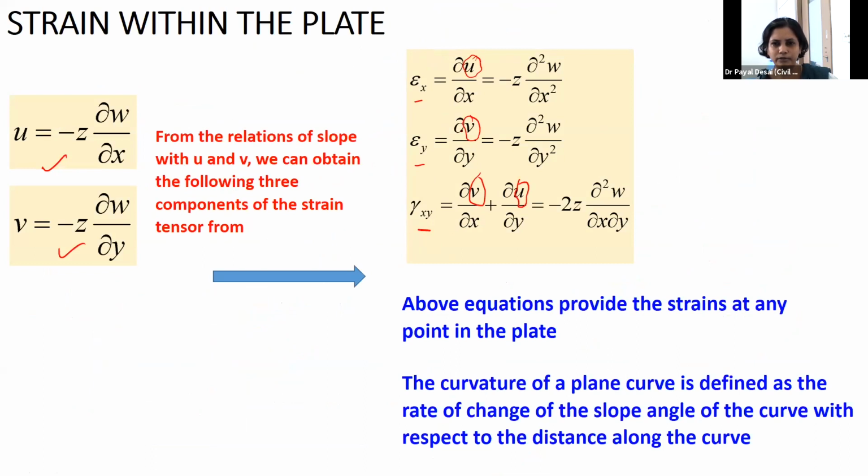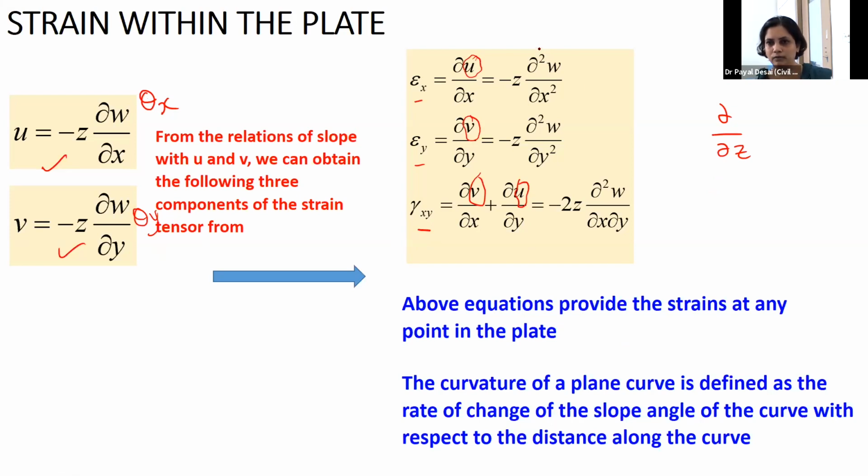You will be able to see that in the formulation there is no differentiation with respect to z, because we are analyzing the plate as a 2-dimensional surface. So the above equations provide the strain at any point in the plate. These three components are called strain. And it has the bending rotation, of course, theta; maybe I want to call this theta x, and this theta y. I may even replace this with theta x and theta y.